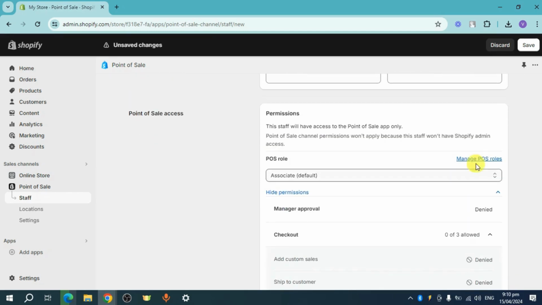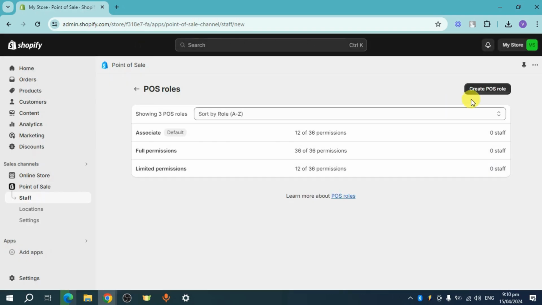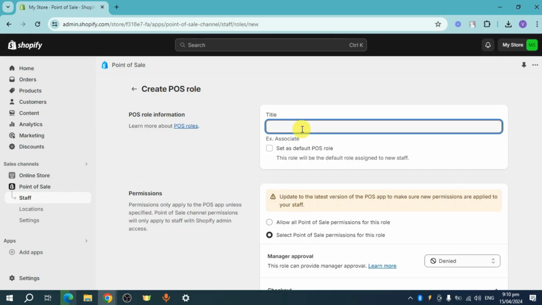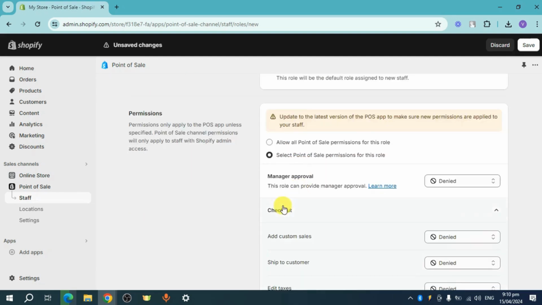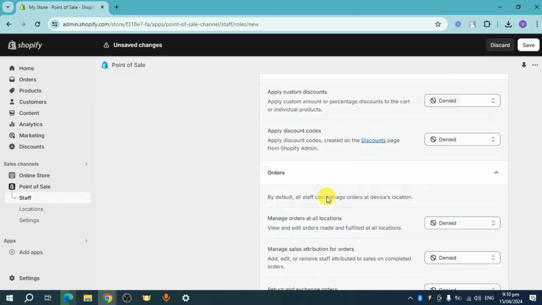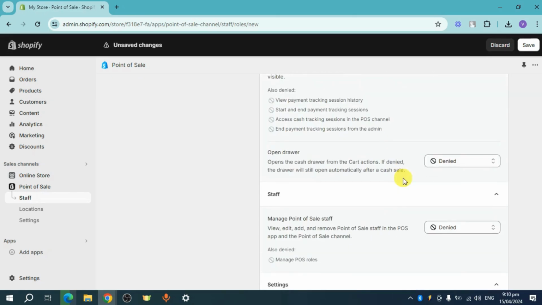And make sure also that these POS roles are activated. You can also create the new POS roles that you want. If you don't want to give full or limited permissions right here, you can create a POS role. So for example, let's make this title something like finance officer, and then let's make this the role for this. So for example, let's put a role under the permission for analytics that we have,